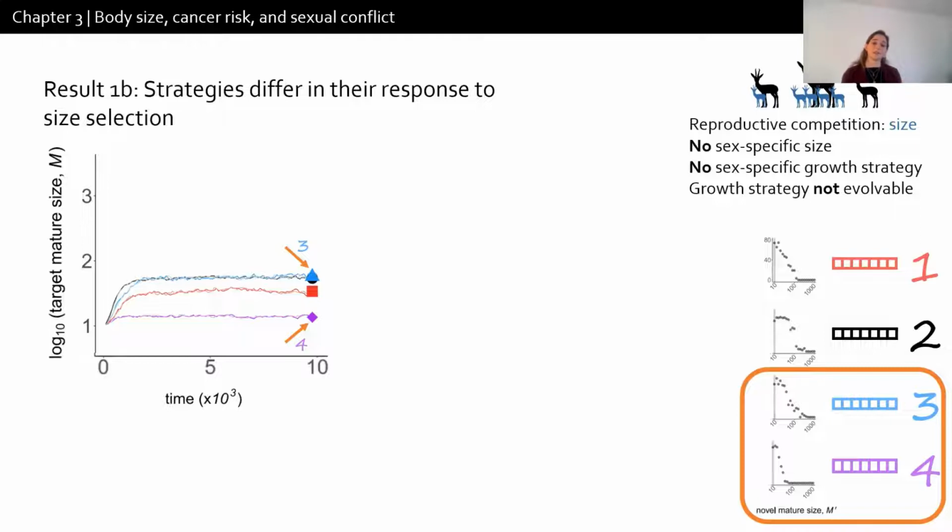And this was actually in line with our results from the previous study as well, where we showed that the size threshold after which these strategies fail differ from each other. So even though these strategies can achieve the same fitness for the size that they are adapted to, they might differ in how permissive they are for size changes when we try to use them to grow a large body. So there might be some lineage-specific constraints to body size evolution.